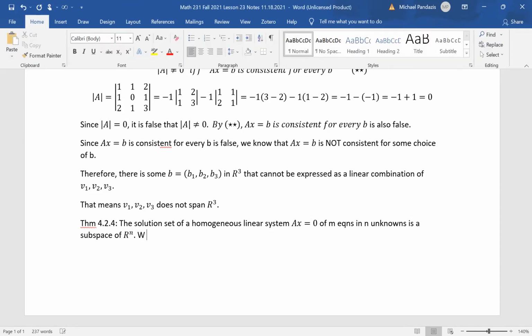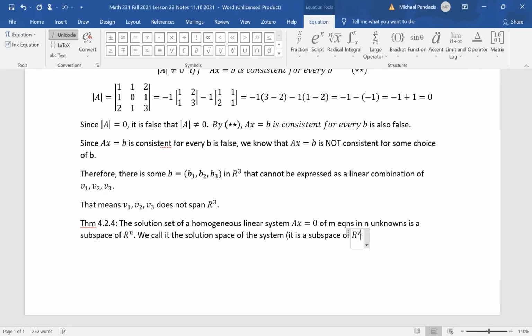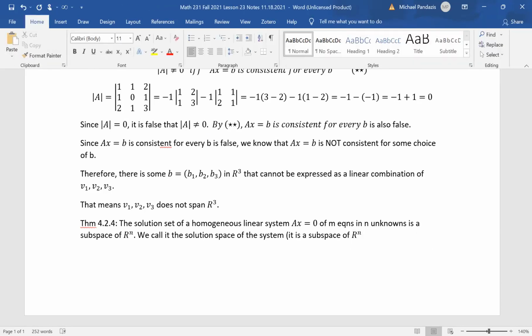We call it the solution space of the system. Okay, it is a subspace of Rn. That's weird, that you have a linear system and you can actually get a vector space